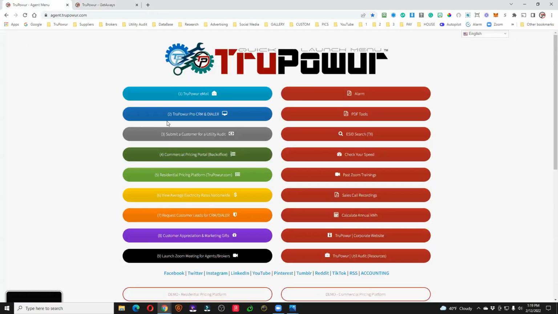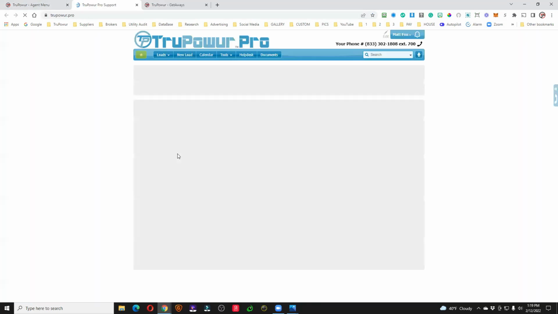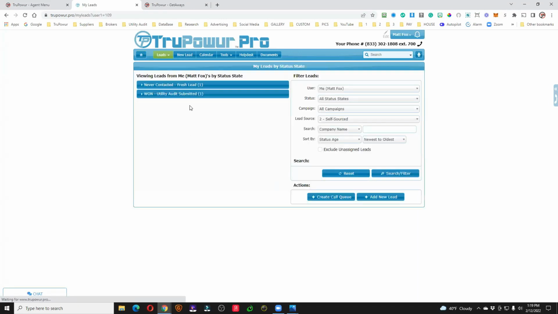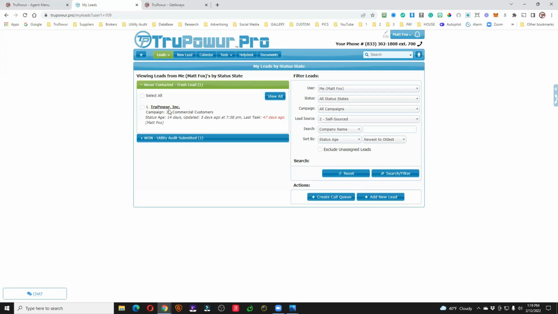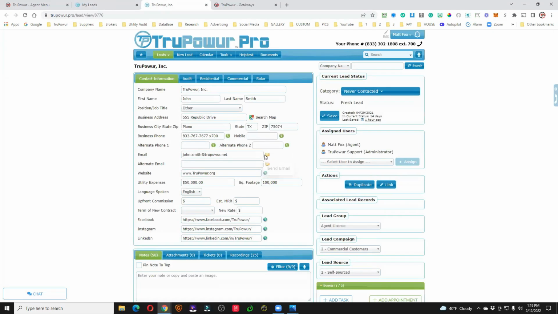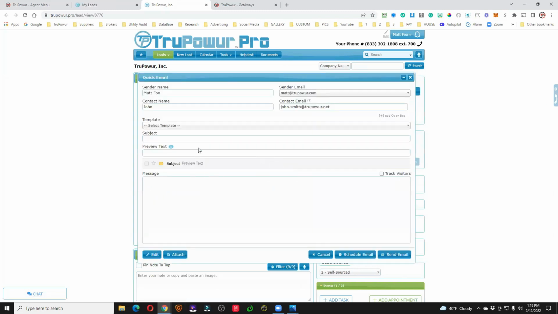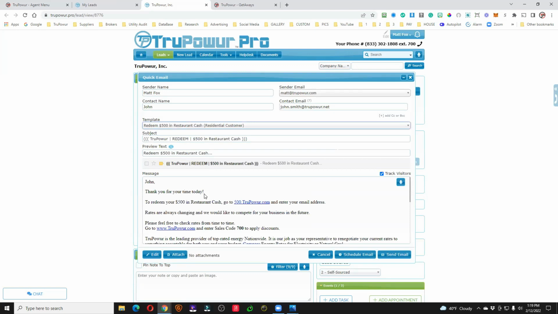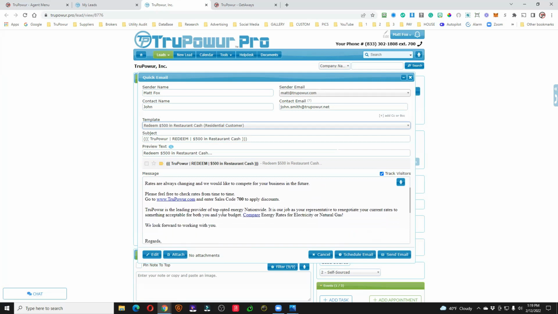And here's why. If we go back to the pricing platform or the CRM, and I pull this up, and let's say this was a residential customer, and I send them the residential redeem their $500, which means I've got to get their email address. Either way, I've got to get their email address. But this way, at least it's going to thank them for their time to redeem their $500 in restaurant cash. They're going to click on the link,